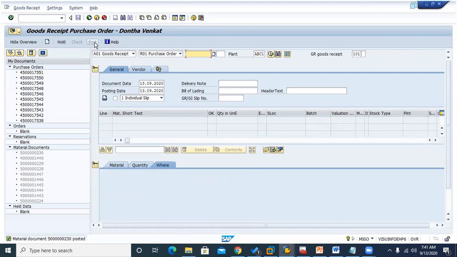Material values are posted, which means they are posted to some GL account. So there is already a finance document linked in the background. We cannot see it here because this is our MIGO screen. We can only see the material document in print, so in the background we have to go and check the FI documents.